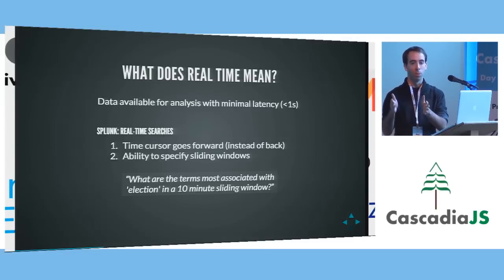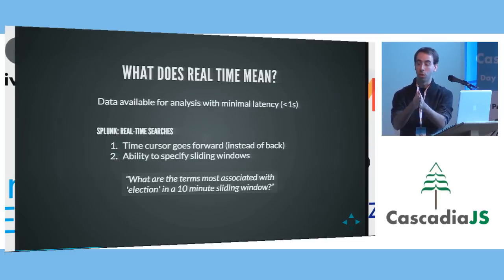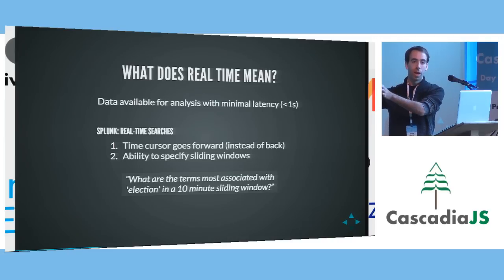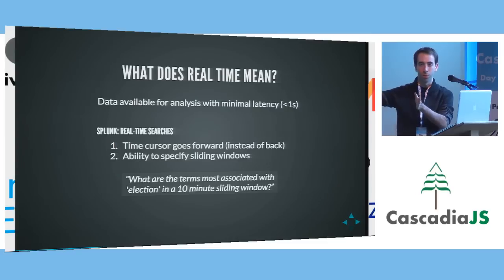And so another way to think of it is what Splunk does. You have historical searches, which are searches where the time cursor is moving backwards. So if I go now, I'm looking at 10 seconds ago, a minute ago, 5 hours ago. With real-time searches, what we mean is the time cursor goes forward. So you have now, and then you're looking at data a minute later, and 2 minutes later, and 3 minutes later. And so you're moving that window as time goes forward, and you can have a window that spans all of time from now until forever. So that's what we call all-time real-time.